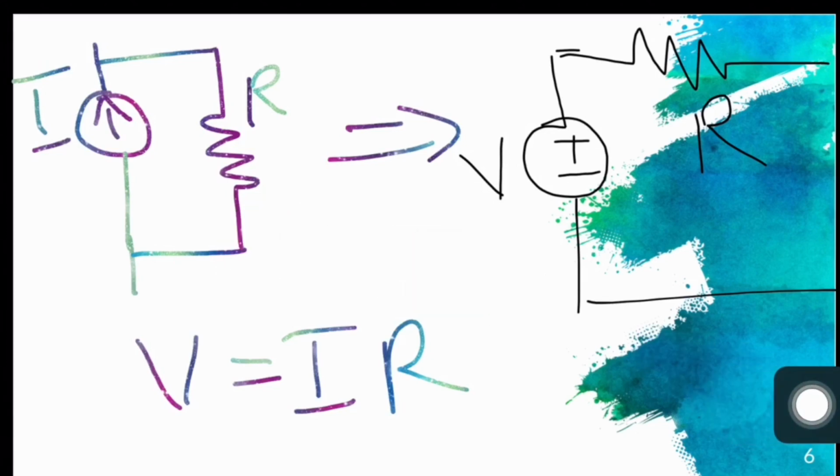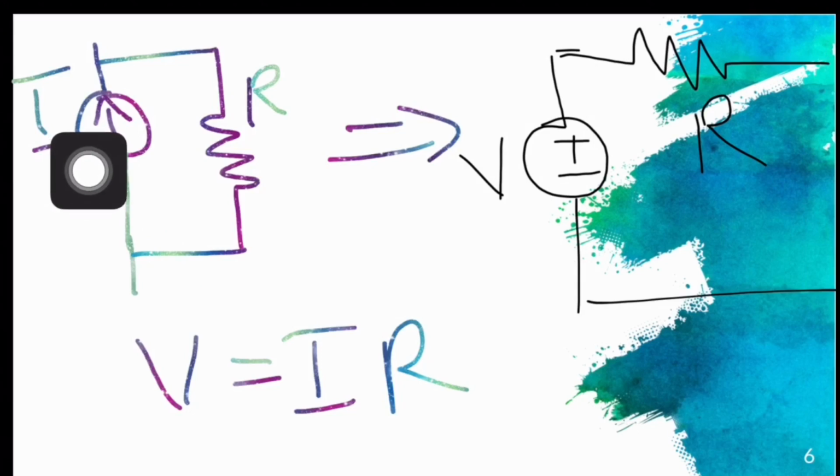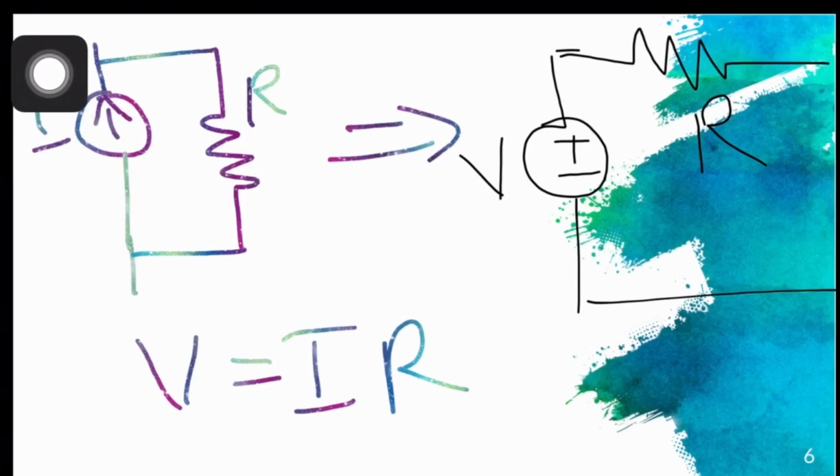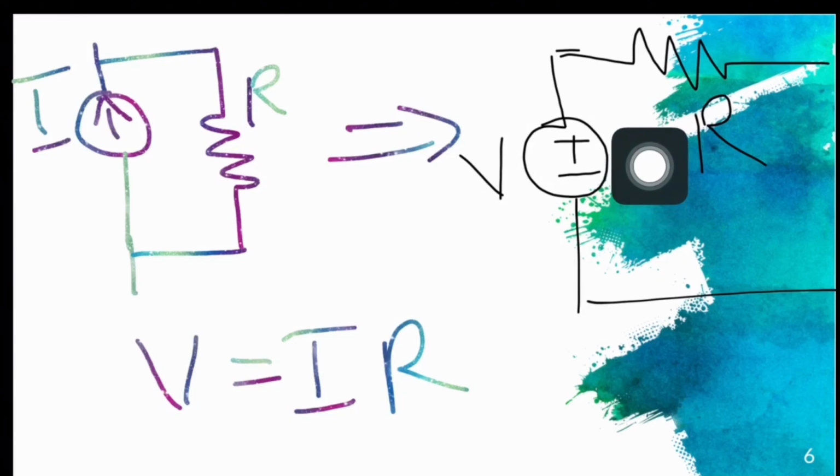One more thing I would like to add, it's regarding the sign assignment of the equivalent voltage source. The positive polarity of the equivalent voltage source should be marked at the current leaving terminal of the current source. Got it? Here you can see the current leaving terminal of the current source is at the top. That's why we mark positive polarity at the top for this voltage source. Hope you got it. It's time to replace the current sources in our network with their equivalent voltage sources.